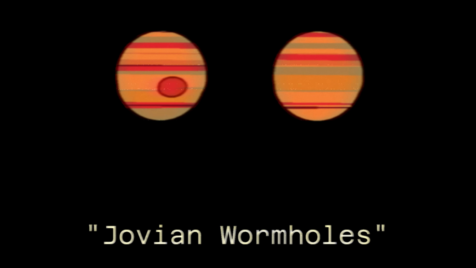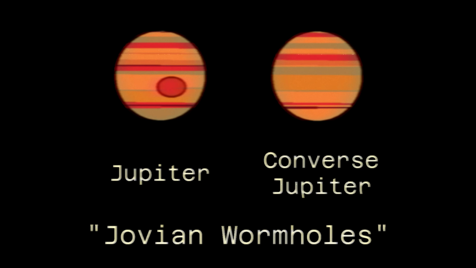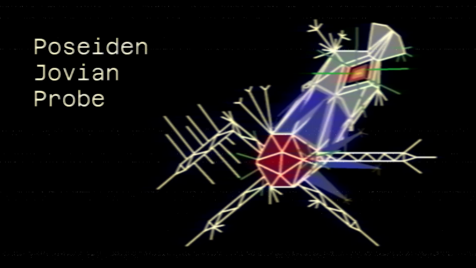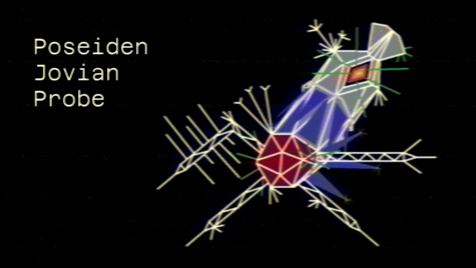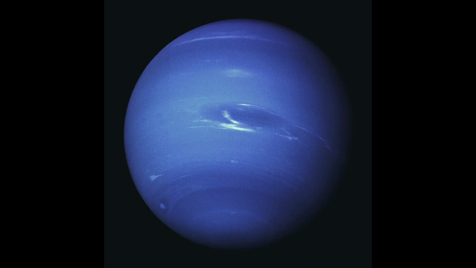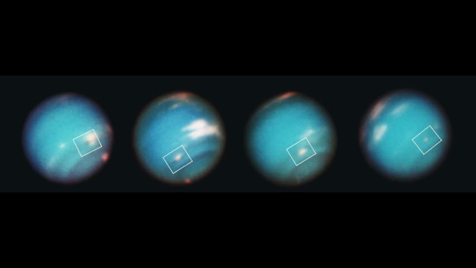Jovian wormholes would be nigh indistinguishable from normal Jovian planets, such as gas giants or ice giants. In other words, because gases are fluids, the mouths of the wormhole may take the form of a Jupiter and converse Jupiter. Due to data collected by the Poseidon Jovian probe, which was launched away from the public eye in 1988, some researchers believe that our local planet Neptune may present an instance of a Jovian wormhole mouth. This conclusion has, however, been met with some criticism due to a lack of data. Further research is required in the field.